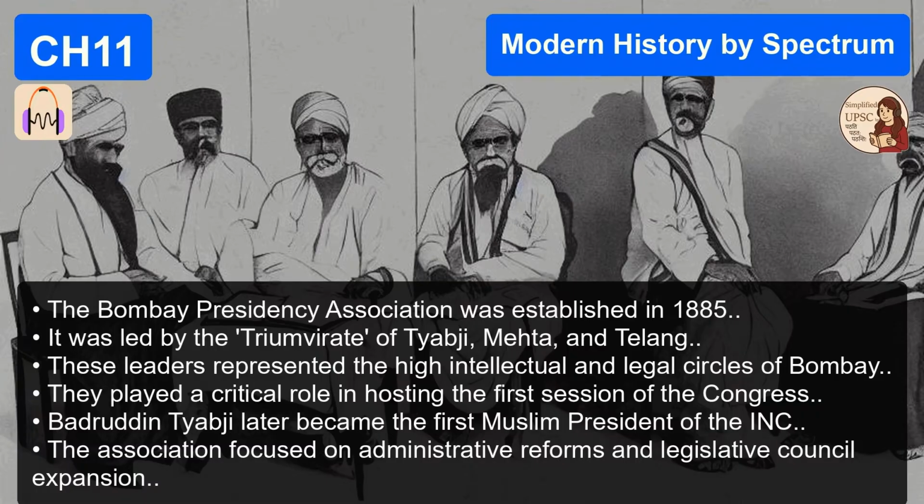And what's fascinating is how this theory was later weaponized by two very different ideological groups. Who used it? First, you had the extremist leaders within India, like Lala Lajpat Rai. He used the safety valve theory to attack the moderates. He essentially said, look, your Congress is a begging institute. It was created by a British man to protect British interests, not to win our freedom. Wow. So he used it to delegitimize the entire founding of the party.